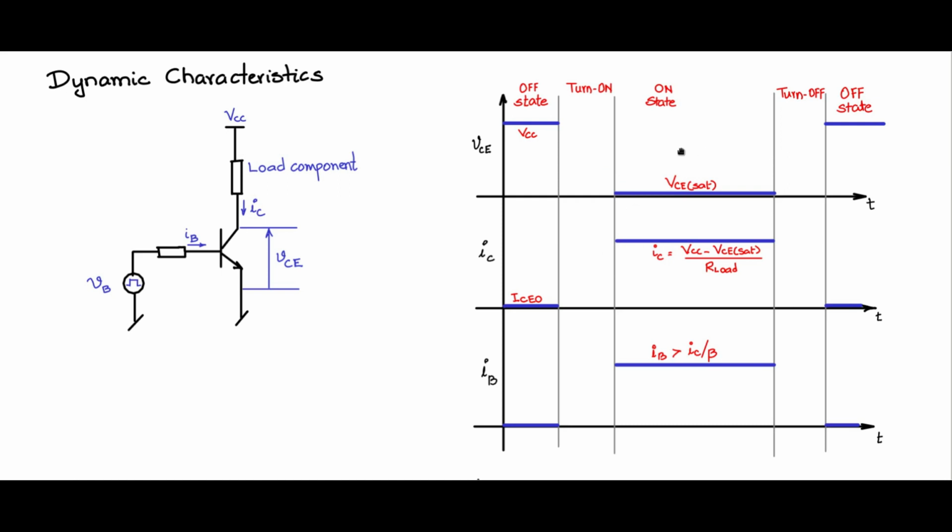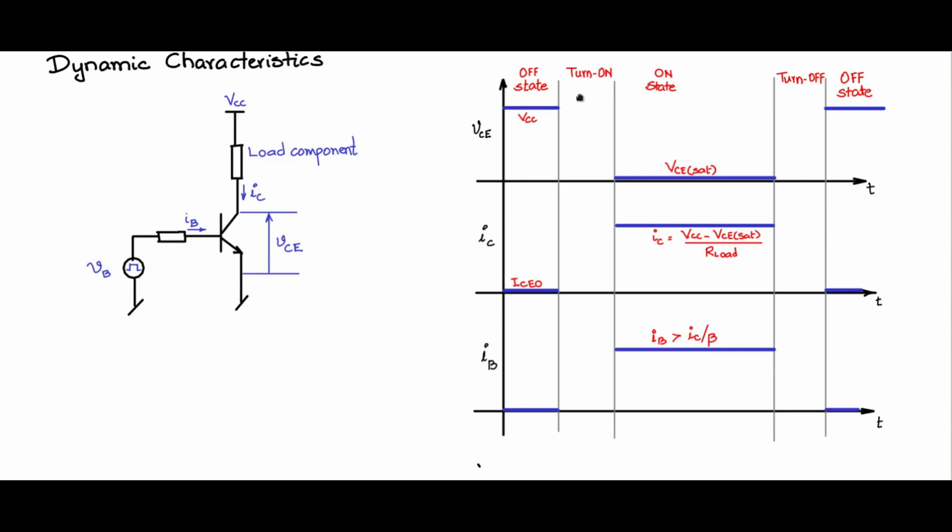So this will be the current that will be flowing in the collector. Now let us look at these two parts, which are the turn on and the turn off parts. Let us take this turn on period, and during this turn on period we will see that the BJT transits from the off state to the on state. So both these waveforms, that is VC and IC waveforms, will transit to their on state values, and IB will be the control input which will facilitate this, and you have to give the IB current in a specific manner.